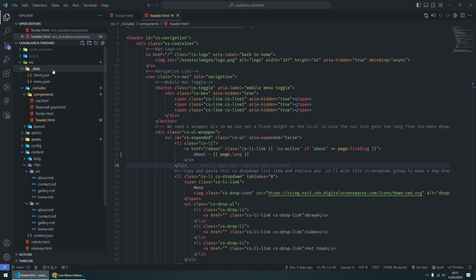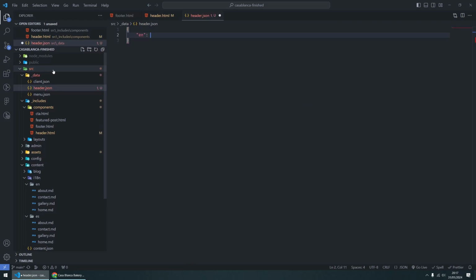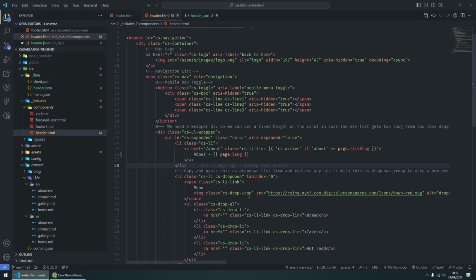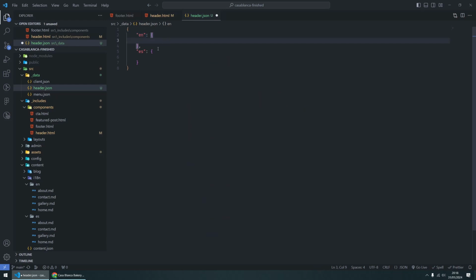If we create a header.json file and we have one with English, we have one with Spanish, we can use the page lang value when we're accessing the value that we want to view, and it will render the appropriate translation. So if we were to say here for the home, actually no, let's do about, we say EN, and if we go to about here and we say ES,